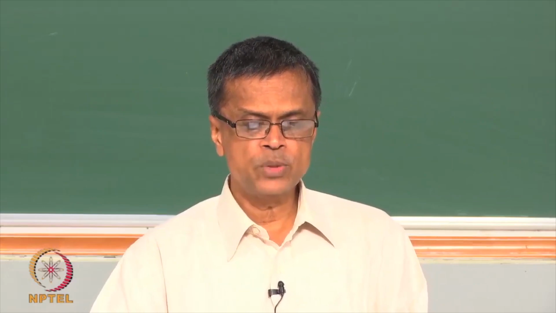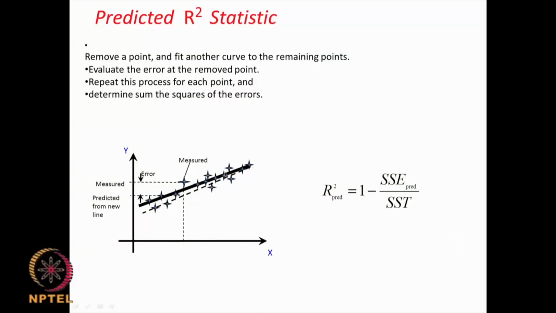Again you will get some error, square it up, like that you keep on removing one point at a time. Of course you put the other points back and then you try to predict the y at that point using the model, and then the error, you square it up, you add all these errors, sum of squares of the errors, that is called the sum of squares of the error of the predicted, divided by the sum of squares of the total, that is yi minus y bar square,